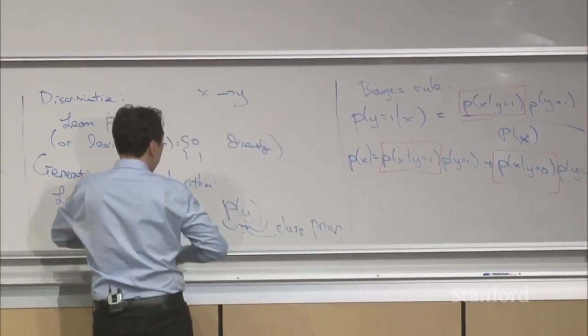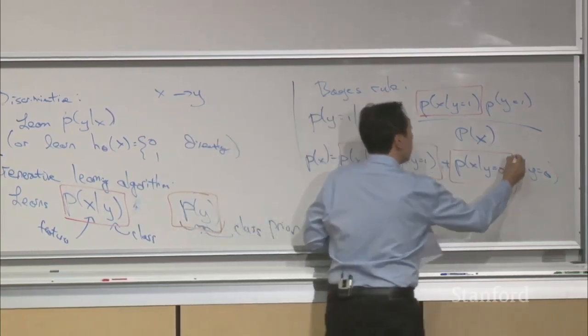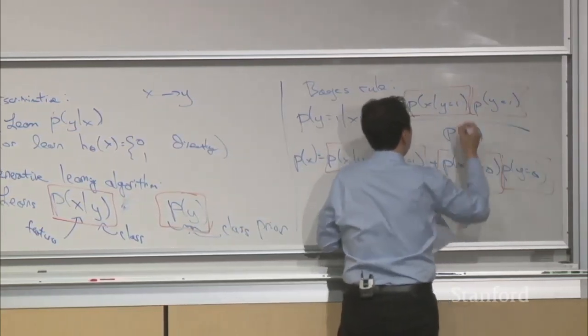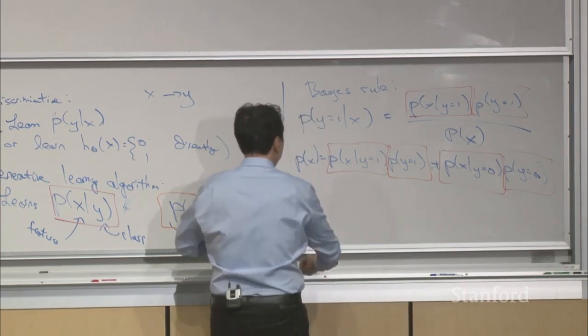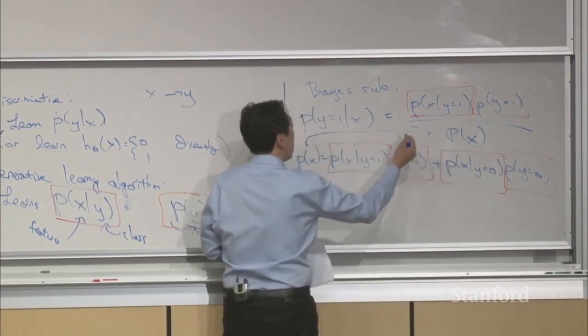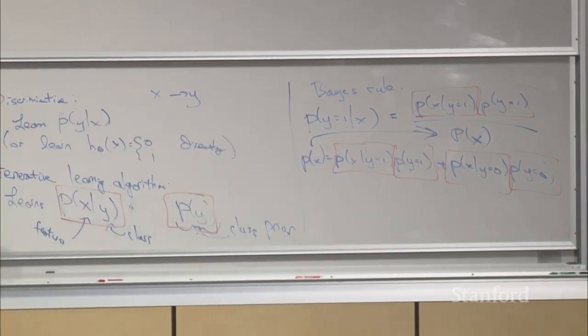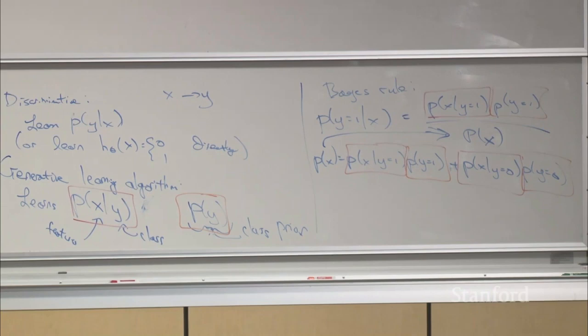And if you've also learned this term, P of y, you can plug that in here. And P of x goes in the denominator. Okay, so if you learned both of those terms in the red square and in the orange square, you could